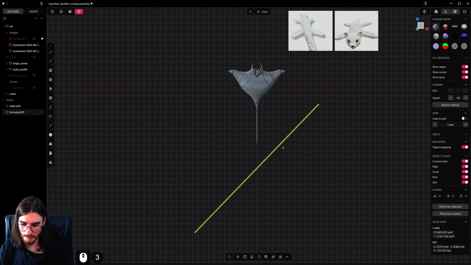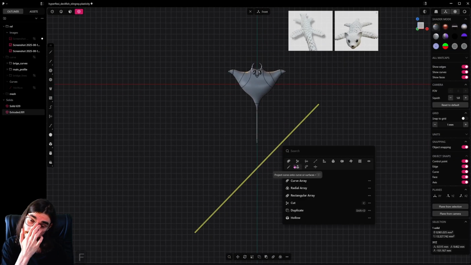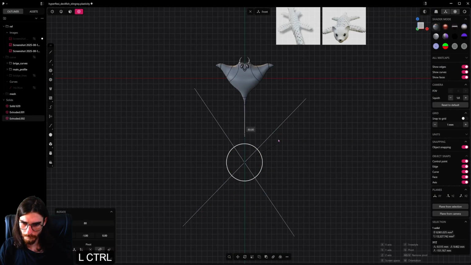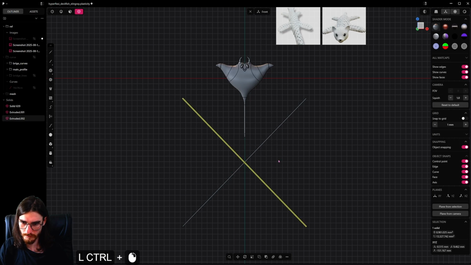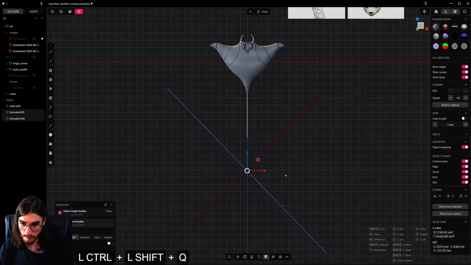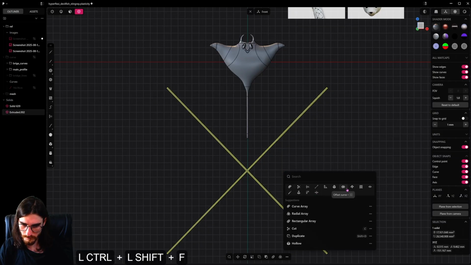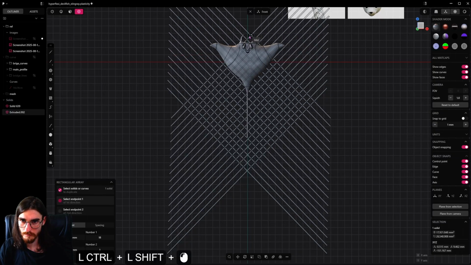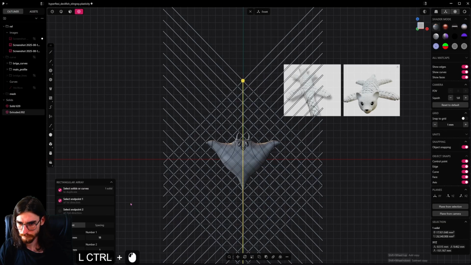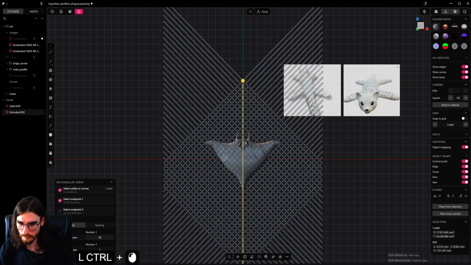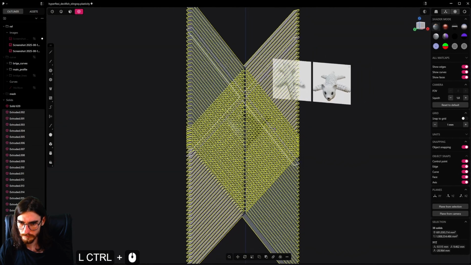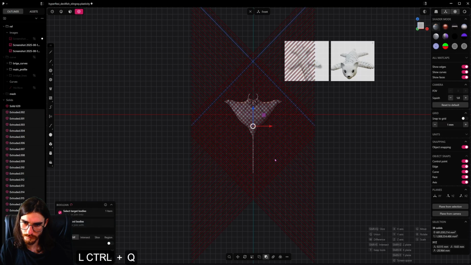Select this thing and do AF and rectangular array. I will do a Shift D and just rotate it 90 degrees like that. And I will do, actually yes, I will merge them and F rectangular array and drop it somewhere here and just make them a bit bigger, more like this. I think we'll try to merge them. Let me try to Q,